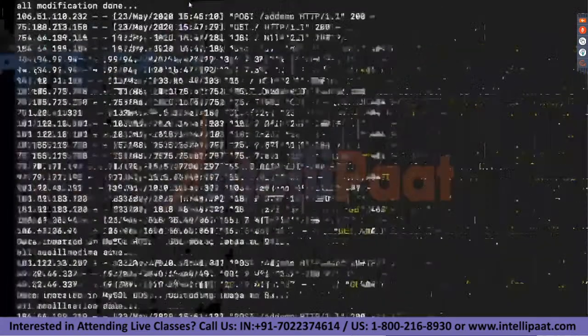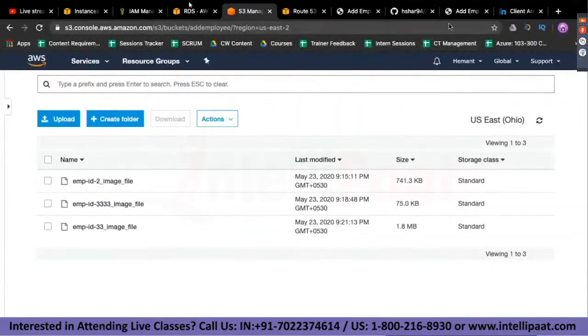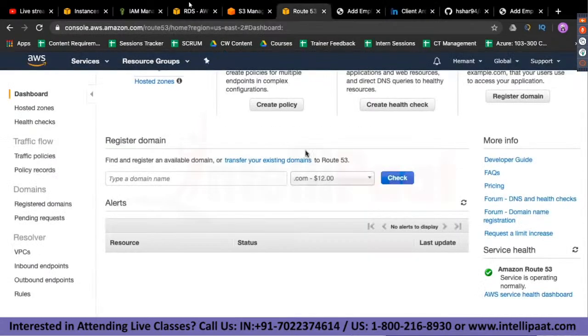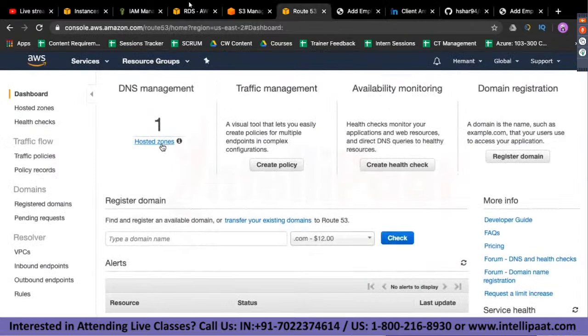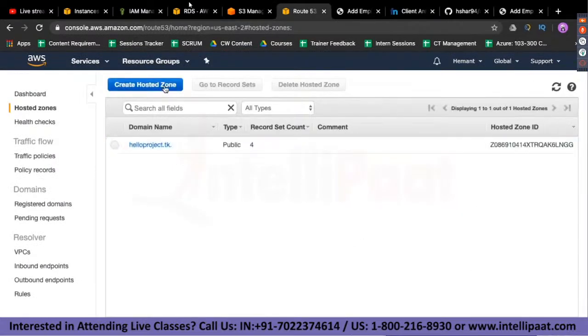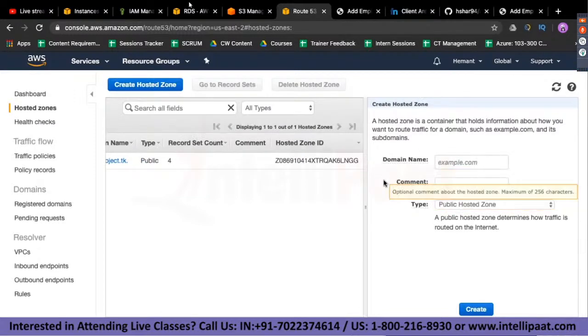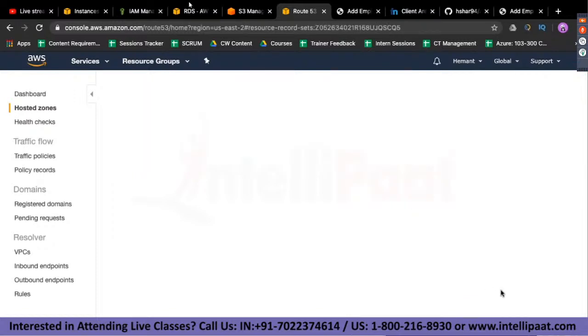All right, moving forward. Now let me show you how to enter this information. So now I will be going ahead on my Route 53 management console, and I will be creating a hosted zone. I click on create hosted zone, and you have to specify the domain name over here. This domain name will be exactly the same as what you have specified in your Freenom. So I have my domain name as aws-project.tk. We'll be selecting this, click on create,